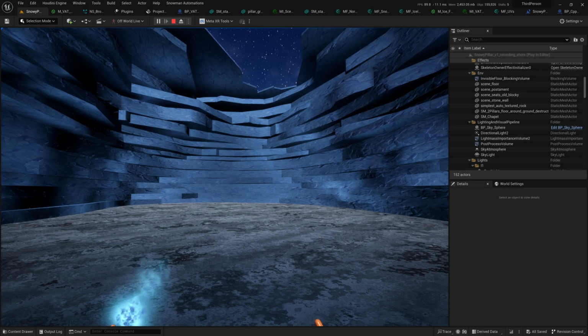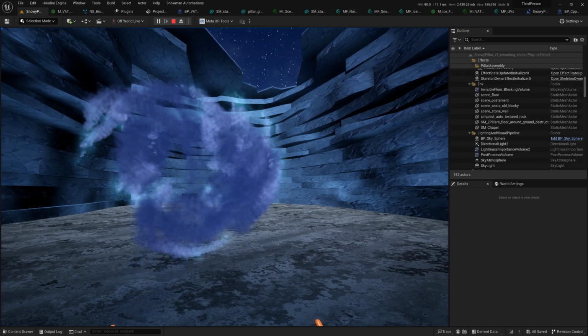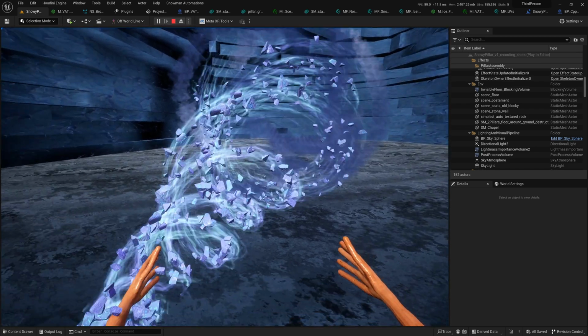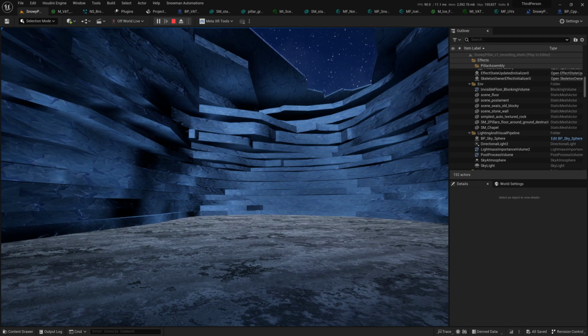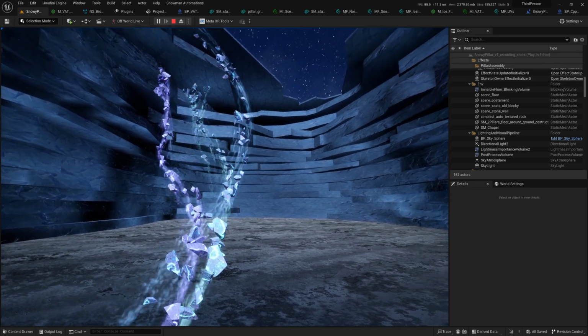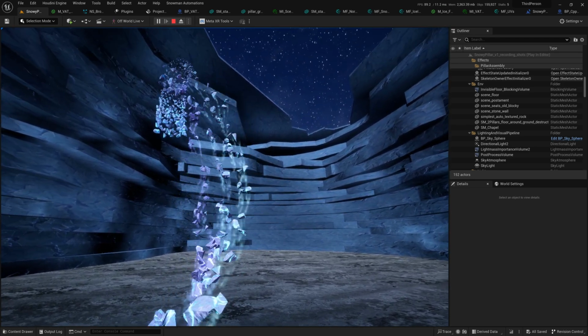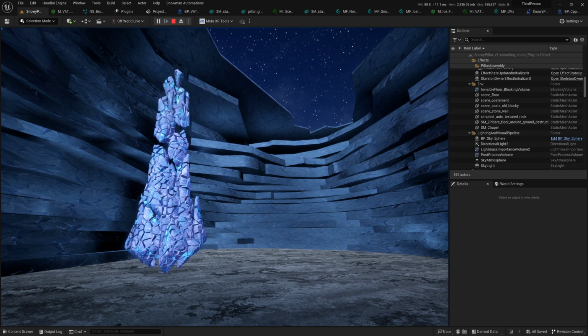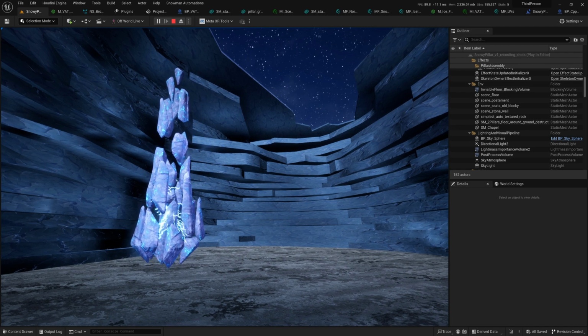Hello everyone! I am excited to share with you a new technical breakdown of my Snowman VR project. In our last installment, we explored the pillar assembly effect, and now it's time to delve into floor destruction. We'll begin in Houdini, where I will guide you through my process of sculpting and fracturing the floor, configuring collision